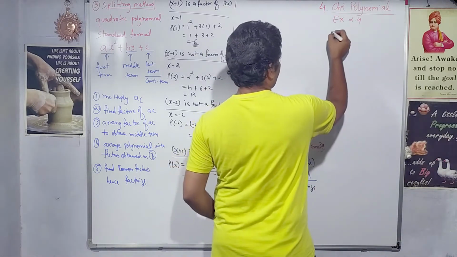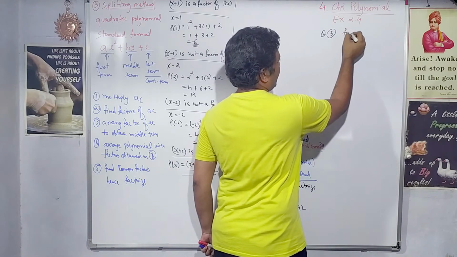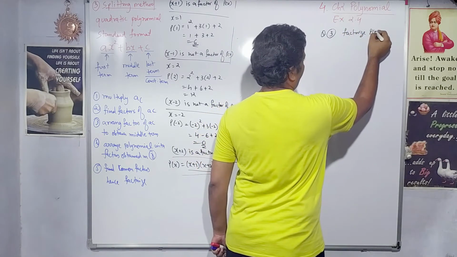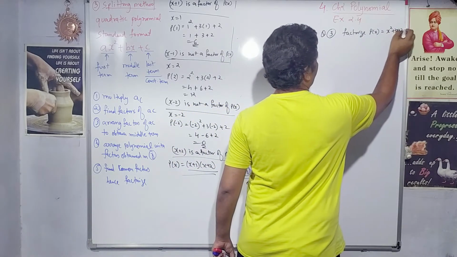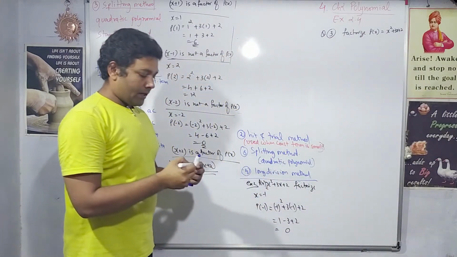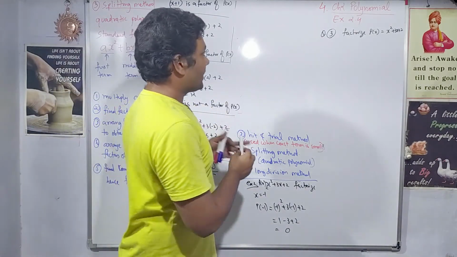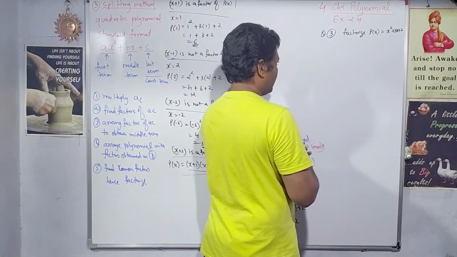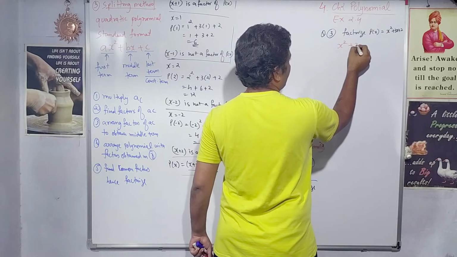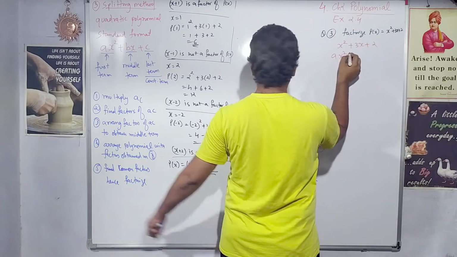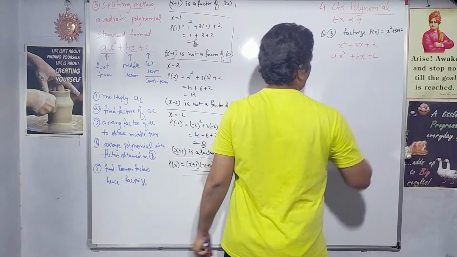The question, question number 3 I will take: factorize p(x) = x² + 3x + 2. So same question I have. Here I used the hit and trial method, but now I will use this splitting method. So let us start. What is the first step? x² + 3x + 2. If I write here the general equation, this general standard format,